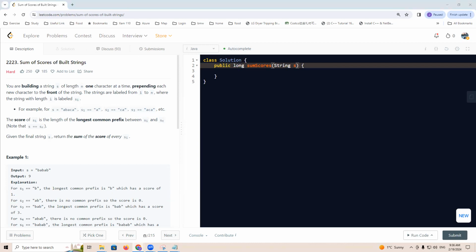So for example, we have this B. What we are going to compose is that we first have B, and then we prepend A here, then B here, then A here, until we finish. The thing is that it says that